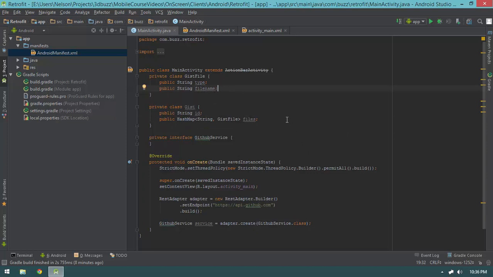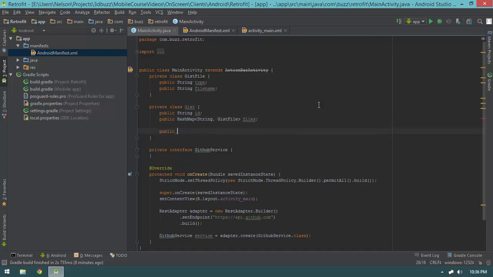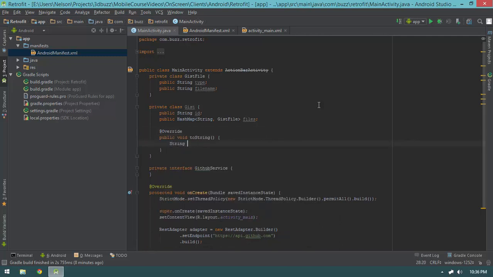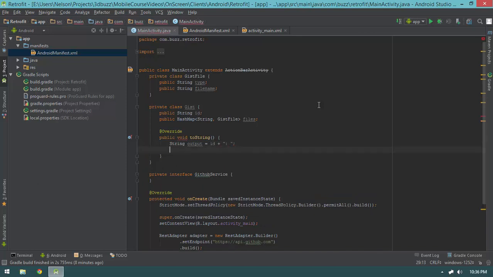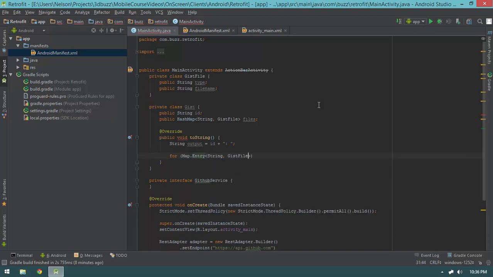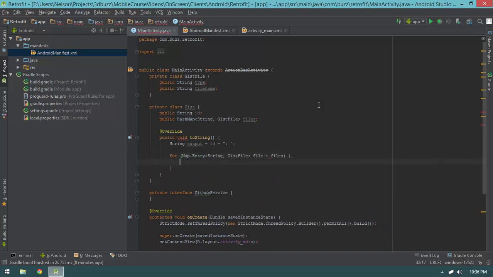Okay, so the next thing I'm going to do here, before we move on into how to use Retrofit, this Gist class, I'm going to be adding to an array adapter for my list view, because that's the simplest adapter to use. As a result, I need to implement its toString method. So to do that, I'm going to say public, or override public void toString, and I'm going to say string output equals ID plus colon, and I'm basically just going to say for Map.Entry String GistFile in files, files.entrySet, and output is going to be plus equals file